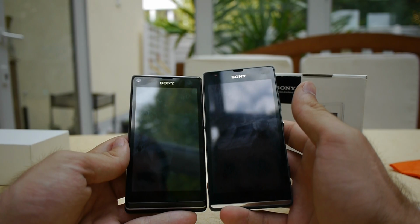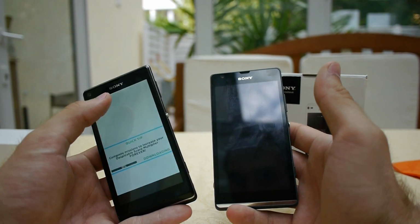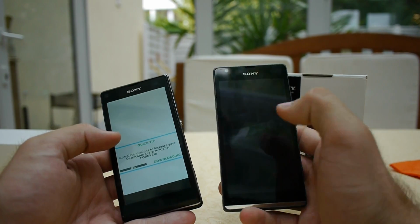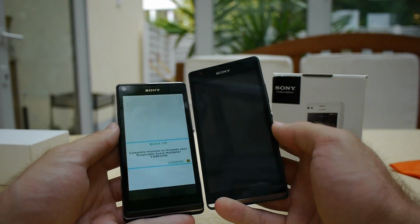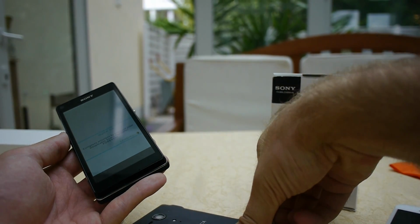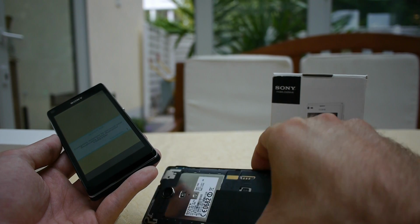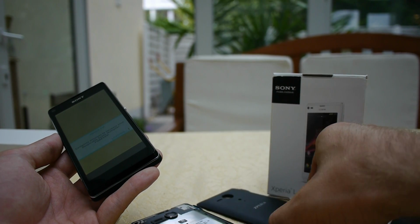And while that is loading up, I will show you a little bit of comparison to the Sony Xperia SP, which is the counterpart, the little bit more expensive phone by Sony. This is $250 right now, and this is $350. It has a bigger battery, not an interchangeable battery I even think, or is it interchangeable? I'm not sure, I haven't tested it yet. No, it's not interchangeable, you can see it here in the back,